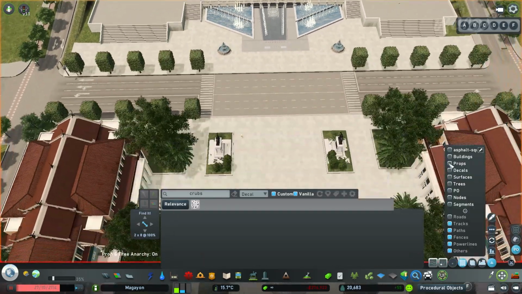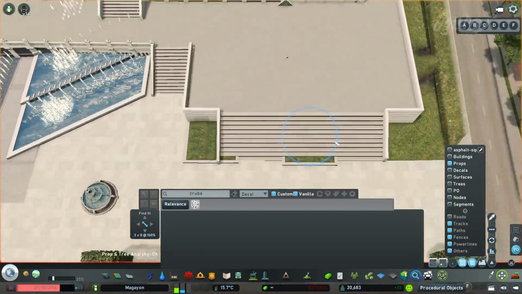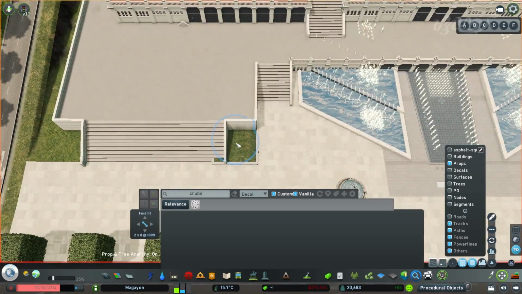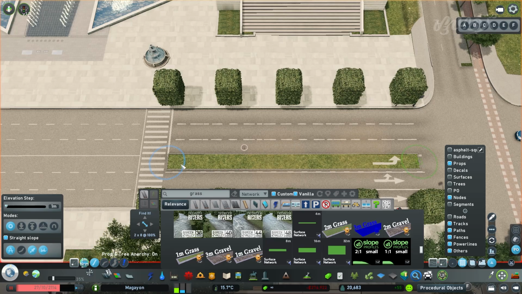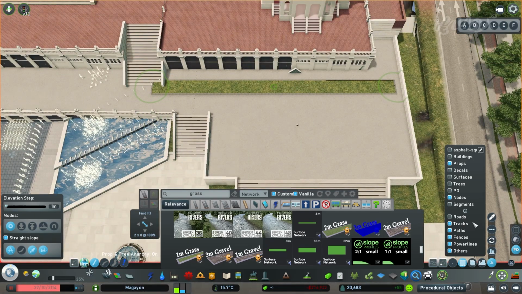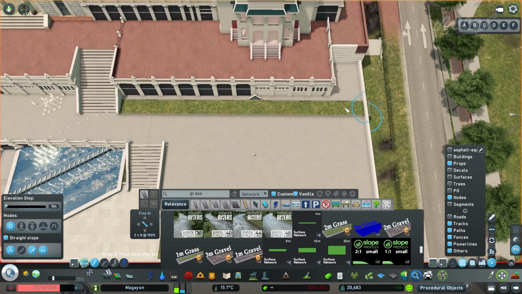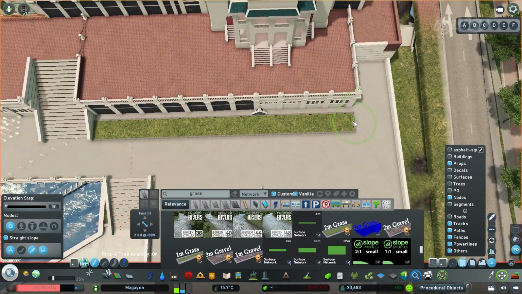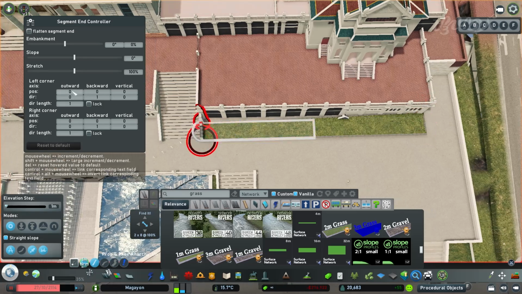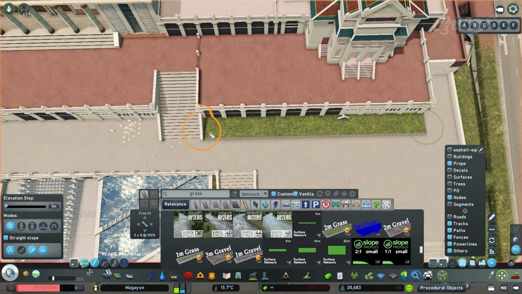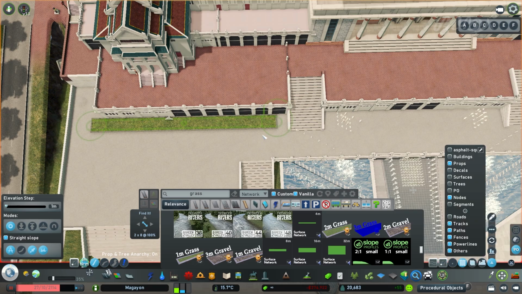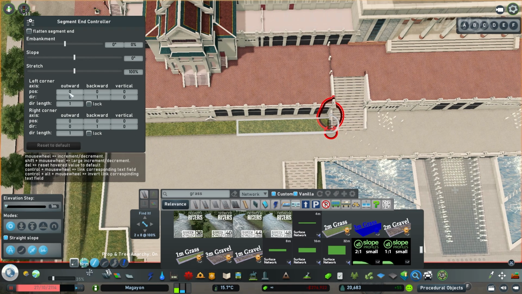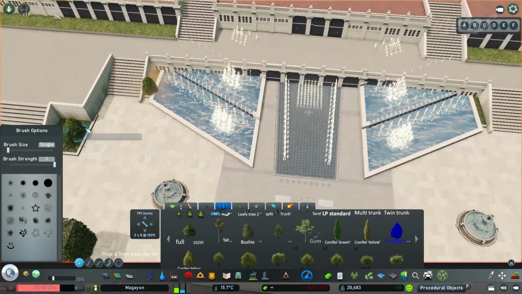Now I decided to go back into the front because I got distracted with the roundabout. I shouldn't have even done the roundabout, but my brain was like, Buckingham Palace, what's in front of that? Fountain. Should I do that? No. Should I do that? I probably shouldn't, but I did. And that's me. One of the difficulties that I have in building in City Skylines, I get distracted and I build an entirely different thing outside of my plans. But hey, it is what it is.